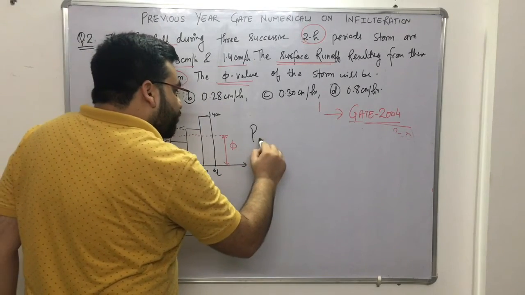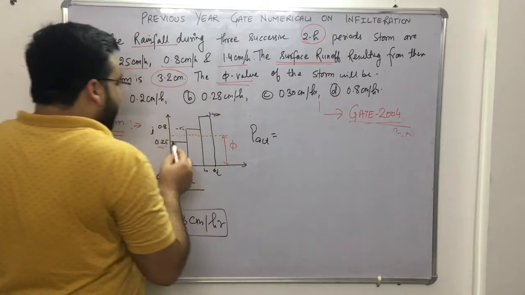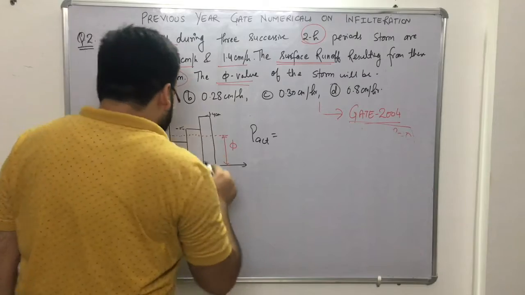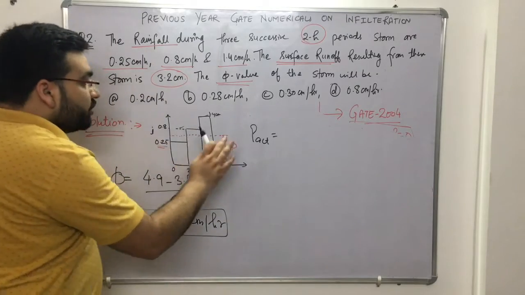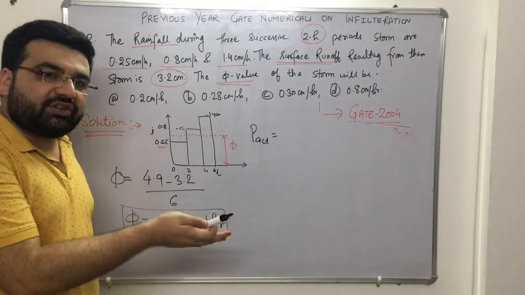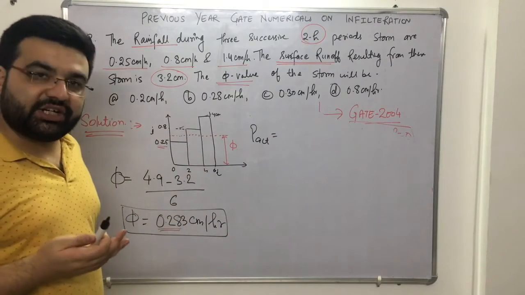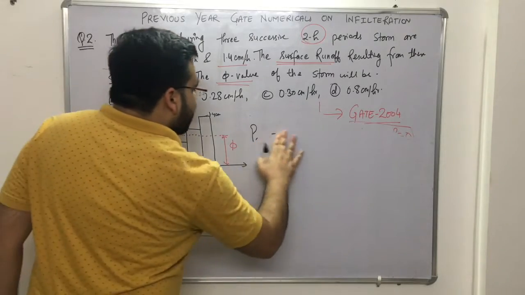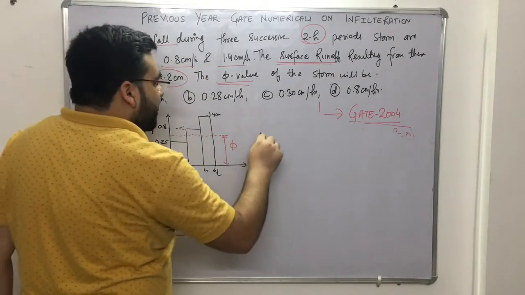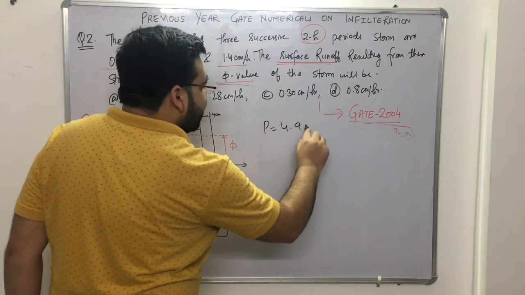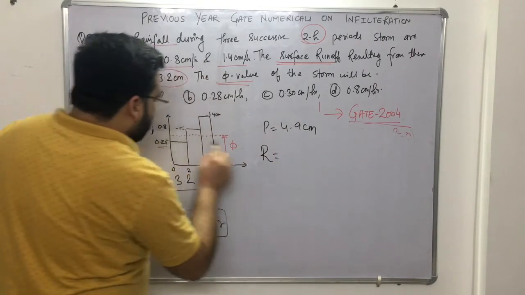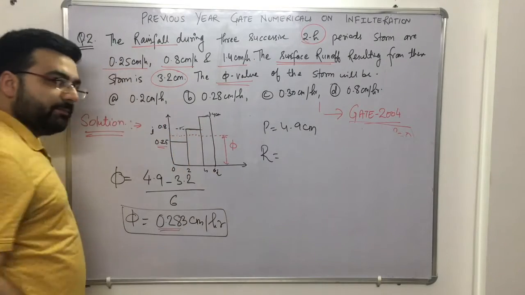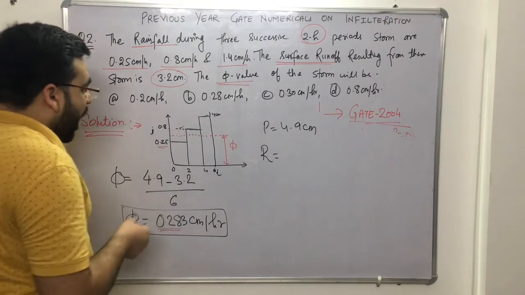So now the actual precipitation, right, it will be equal to how much? For this, the runoff will not be taken into consideration. Precipitation will be there, but the runoff will be 0, right? So precipitation I have already got: precipitation was equal to 4.9 centimeters. Now coming to the runoff, the runoff for this will be 0. We have to calculate runoff for this only and this only. Clear? Okay.